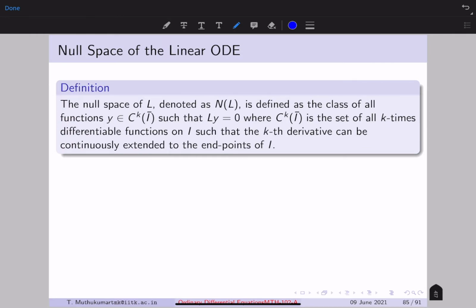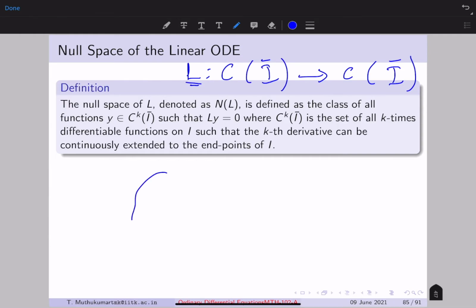So once you interpret the kth order differential operator L as a linear map, you have what is called the notion of null space. This is something you had even in your linear algebra, right? When you had a linear map or a linear transformation, you had a kernel to that map, a null space of that map. Similarly, if L is a linear map now from C_I to C_I, then there is a corresponding kernel to this L, or what is called a null space of L. What is null space? The set of all